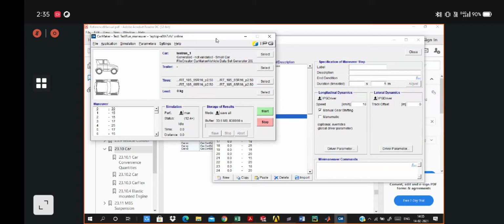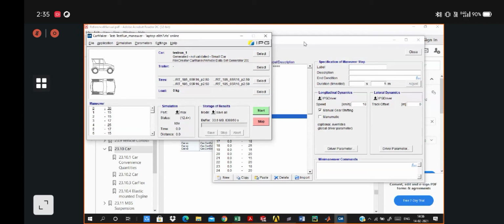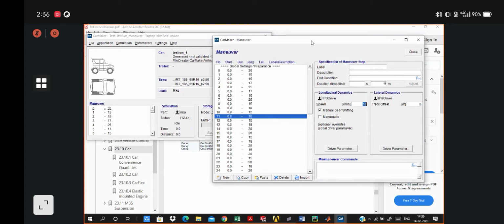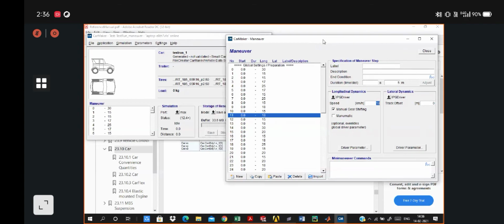You need to understand the dynamics of your vehicle in IPG CarMaker simultaneously. So, in the driver parameters, you can modify the cruising speed, your